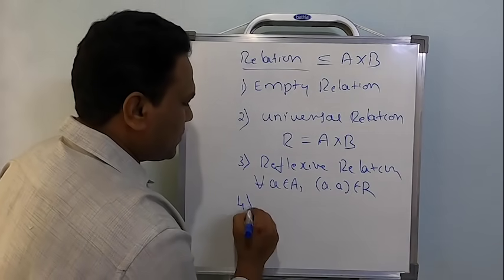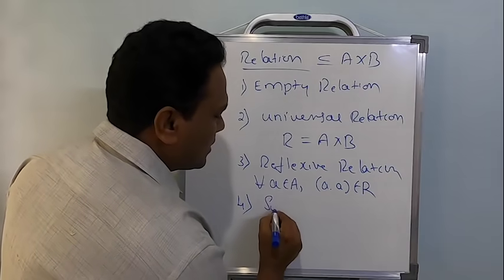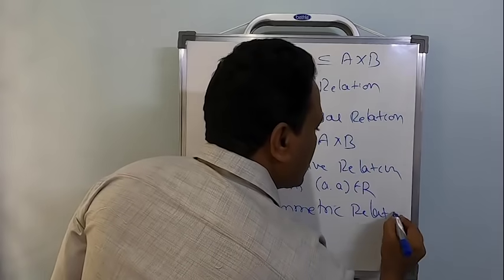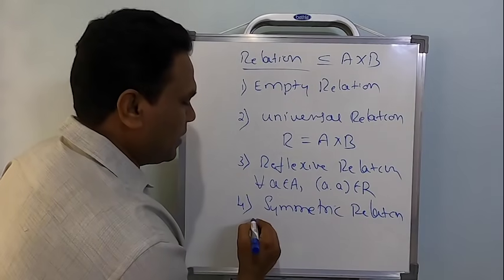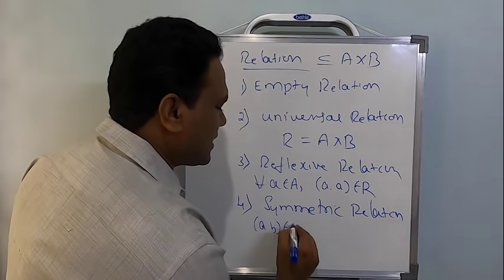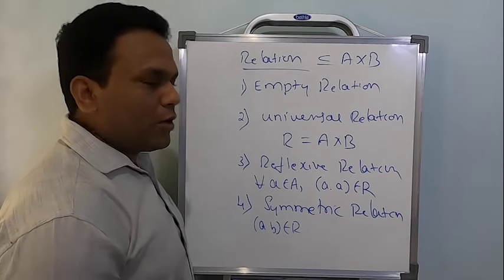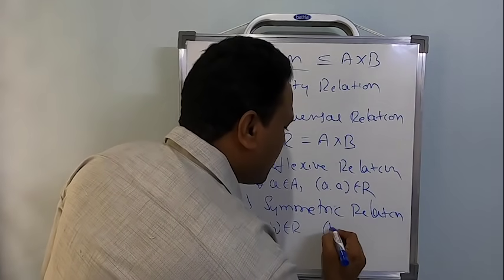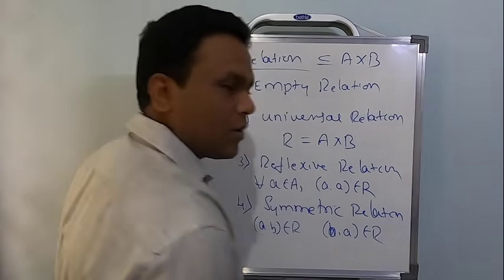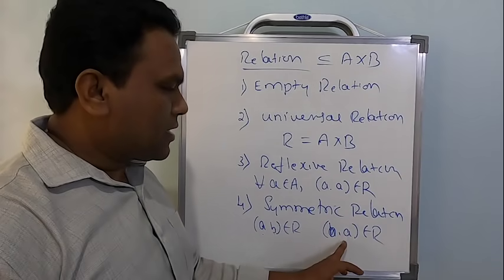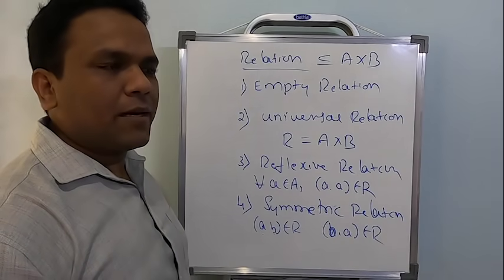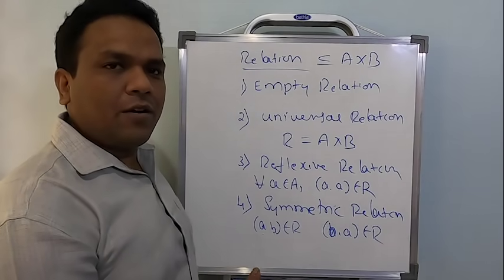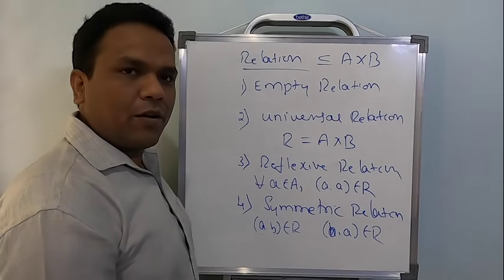Now the next one, fourth, we studied is the symmetric relation. So what is a symmetric relation? Quite simple. You select an ordered pair (A, B). Then you reverse the elements, A and B are reversed. And if you are able to find (B, A) also belonging to R, then it works. Start with (A, B) and search for (B, A), not just for one ordered pair, but whatever the number of ordered pairs present in the relation. For every ordered pair, you should be able to find an ordered pair of such kind.